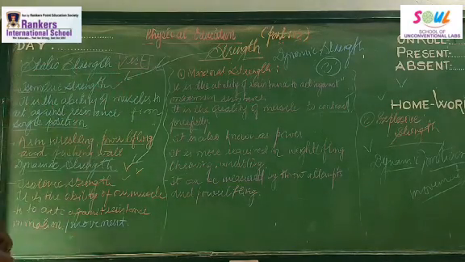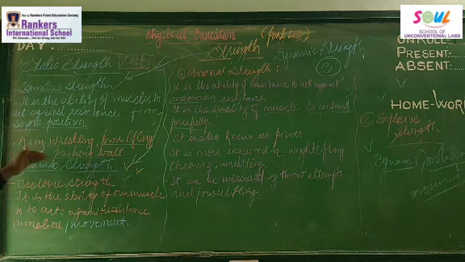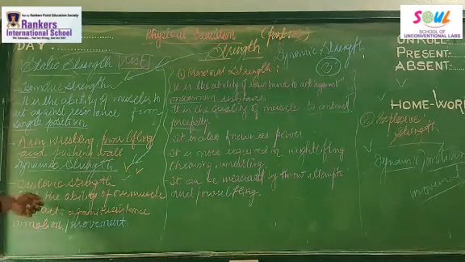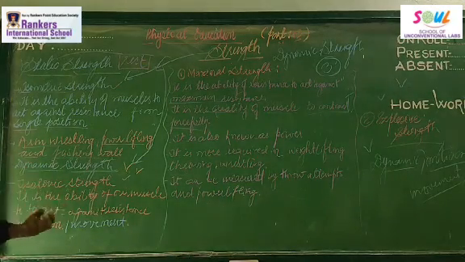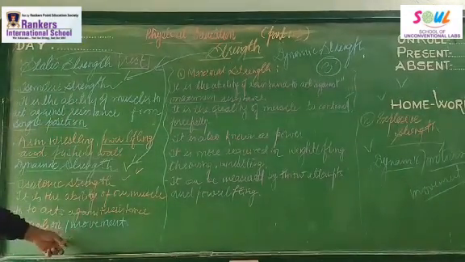It is also called isotonic. It's the ability of the muscles to act against resistance from a single position. The examples are arm wrestling, powerlifting, pushing a wall. The next type is dynamic strength. It is also called isotonic strength. It is the ability of muscles to overcome resistance whenever the body is in motion.